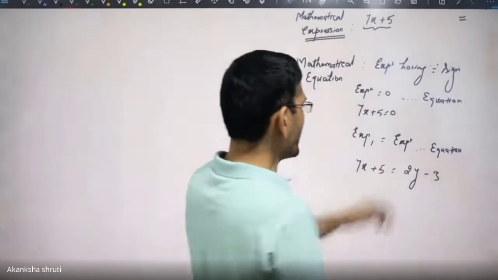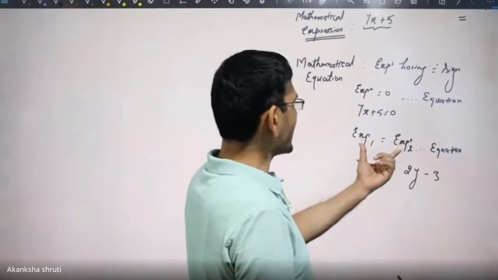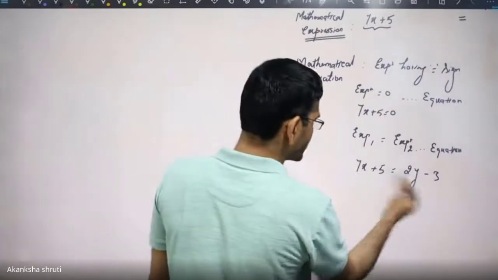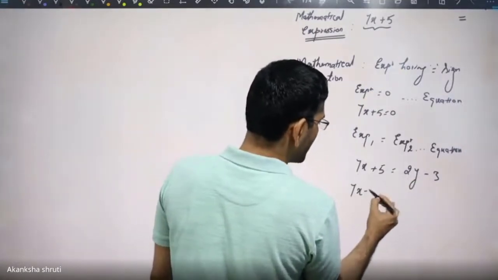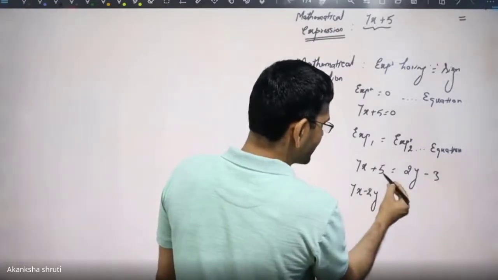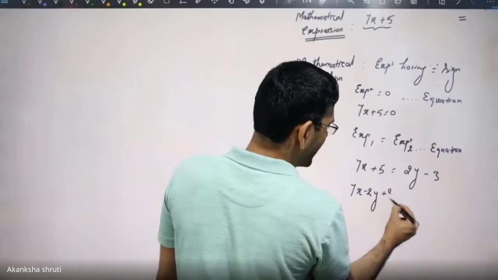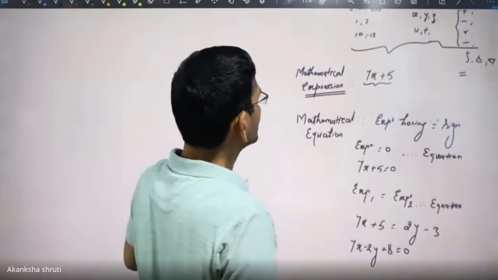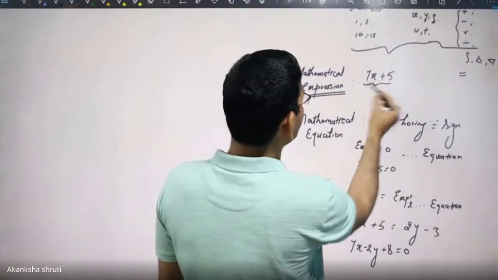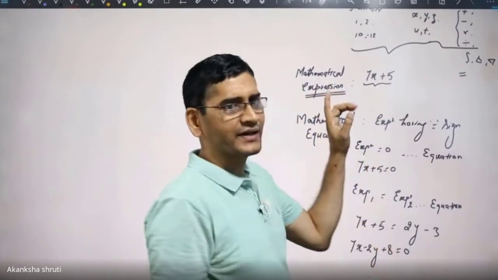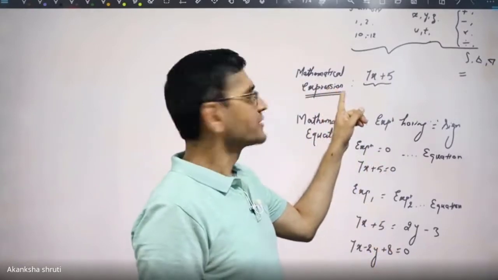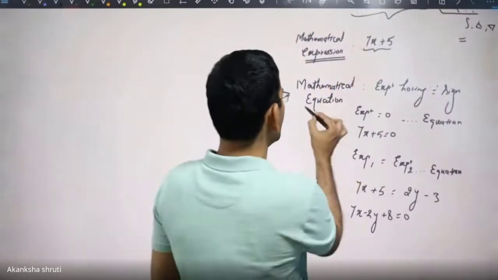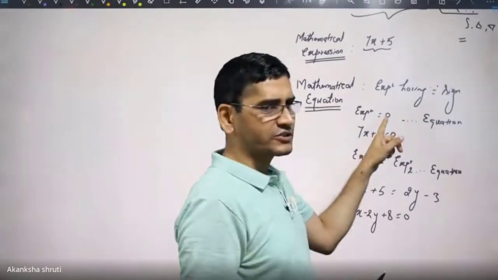Okay, keep in mind, equating the two expressions can be written in the form of a single expression equated to 0. How is that? Bring all these on the left hand side. This can be written as 7x minus 2y. Bring this 3 on the left hand side, it will get added to 5 and it becomes 8. This is equal to 0. Okay students, so there is a difference. Whatever mathematical relation we are writing, that is called a mathematical expression. So this is like the language of mathematics. Equation simply means this expression is equated to 0.